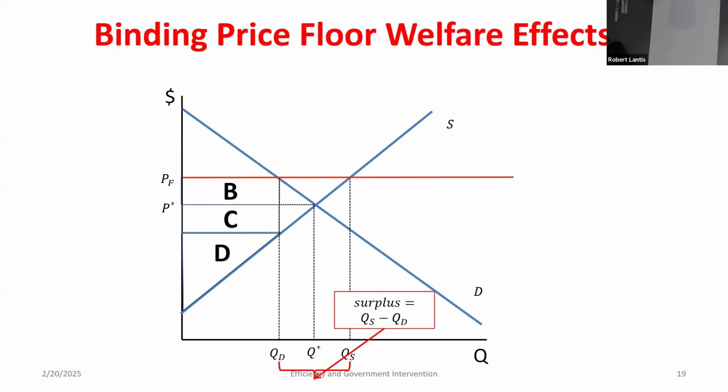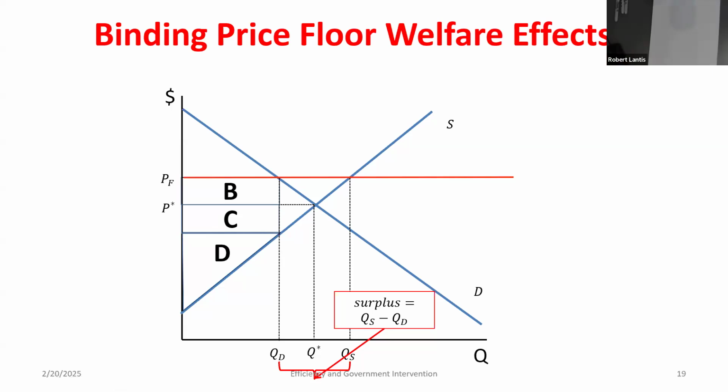However, just like with price ceilings, what did price floors do? Even though people would like to supply more, what's the new quantity we see in the market? Well, if the price is higher, will anybody past this point choose to buy the good? No. So where does the quantity stop? Right here. Doesn't matter if people want to supply more, no one's going to buy it. So the new equilibrium quantity after the price floor is going to be lower. So just like with price ceilings, we have a reduction in quantity.